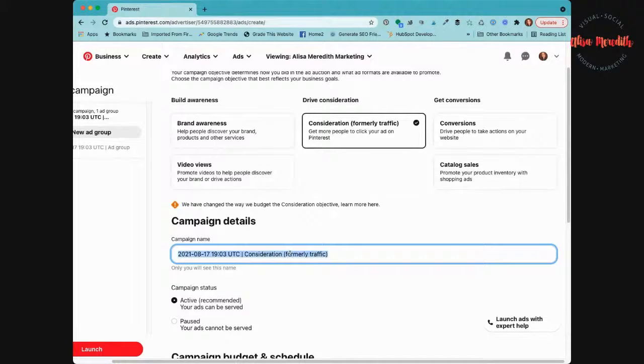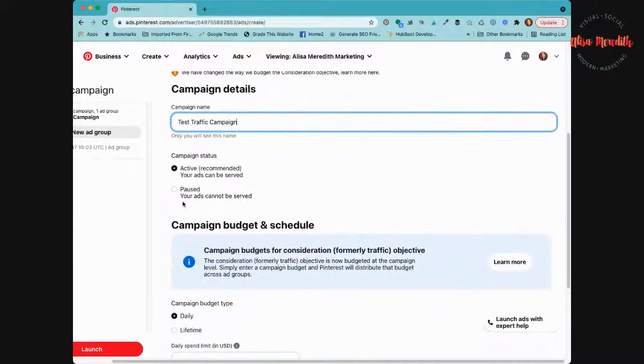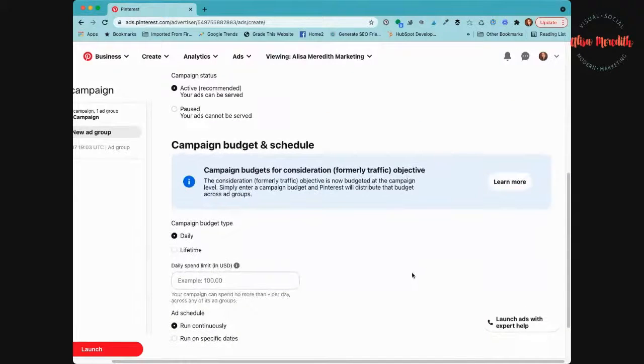We're going to do a test traffic campaign. And of course, you want it to be active if you're ready for it to run. If you just want to set it up and have it ready for maybe a launch date or something, you can hit paused here, and that way kind of delay your start. All right, now